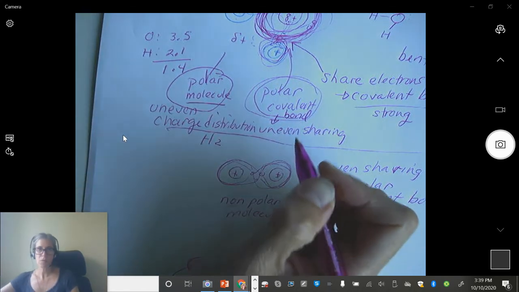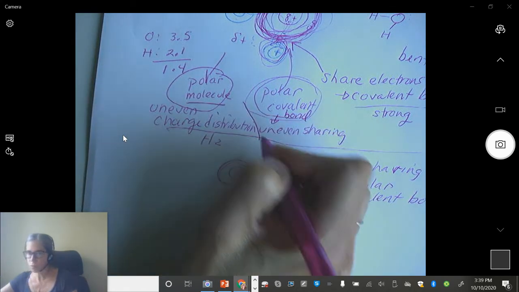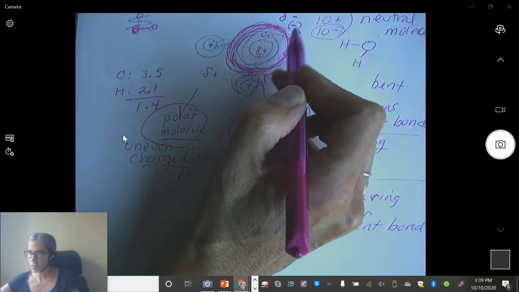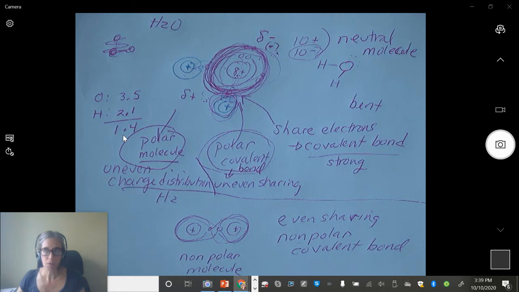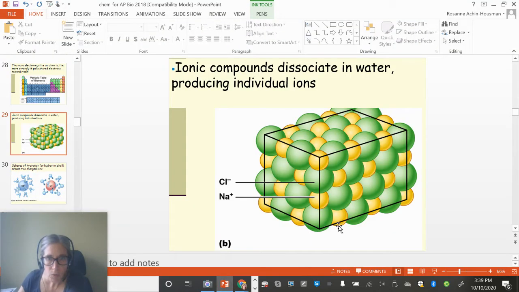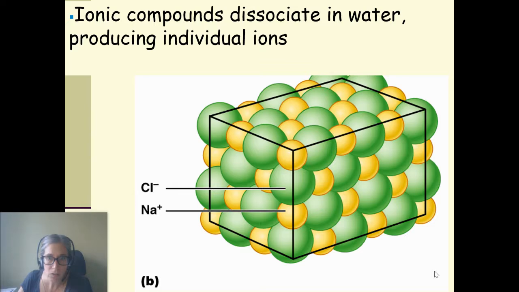So it's almost like an ion, but not quite. You have one side that's a little more negative here and one side that's a little more positive. So what do you think is going to happen when water mixes with anything? That's what I want to look at next. So let's start by looking at what happens to salt, sodium chloride, when it dissolves in water, when it mixes